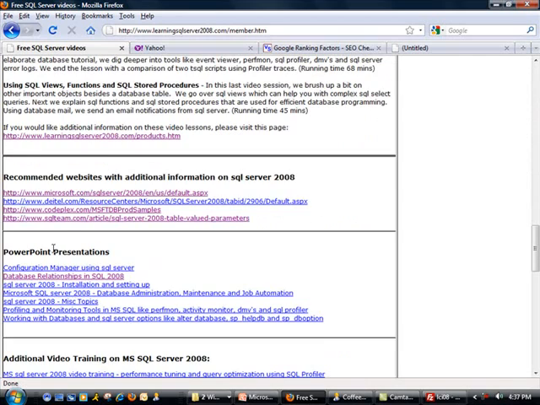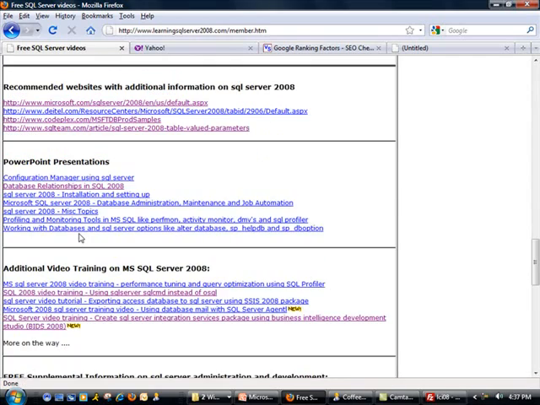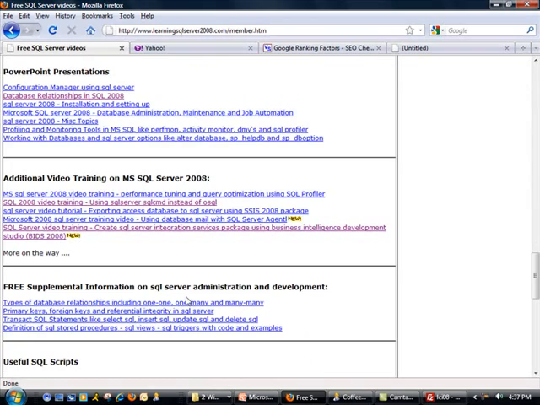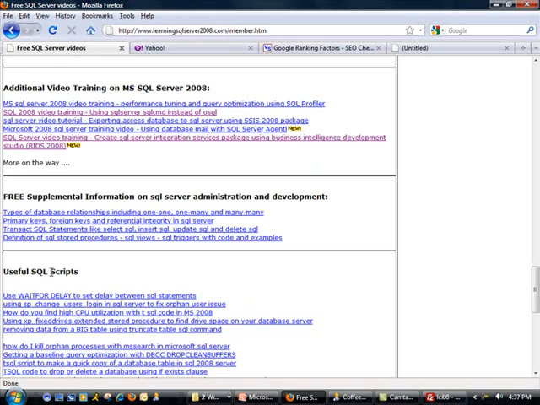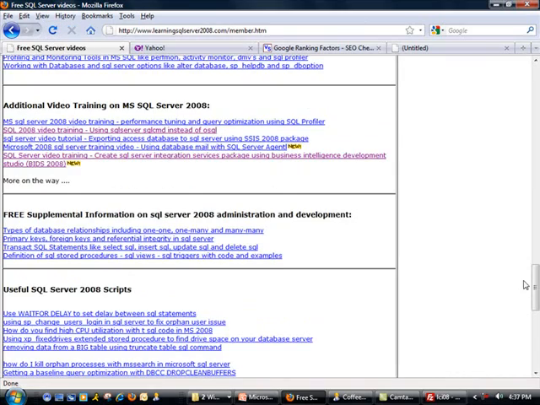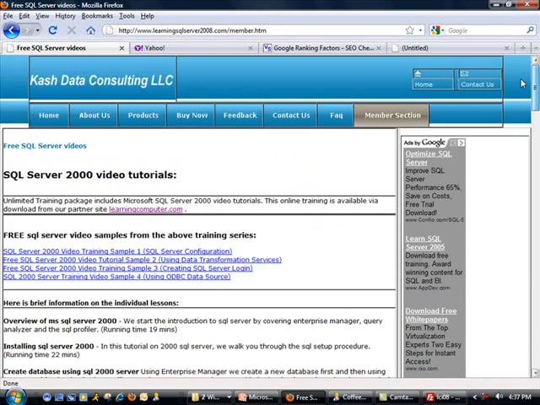And finally, I'm also going to change some things, like where it says PowerPoint presentations. I'm going to make this one bigger and call it SQL Server PowerPoint. I notice in here I'm using SQL Server. I will make this SQL Server 2000 and then also put in SQL Server in here. So let me just refresh this and see what kind of changes we get. I'm just going to simply point out the changes. So this one, even though it looks